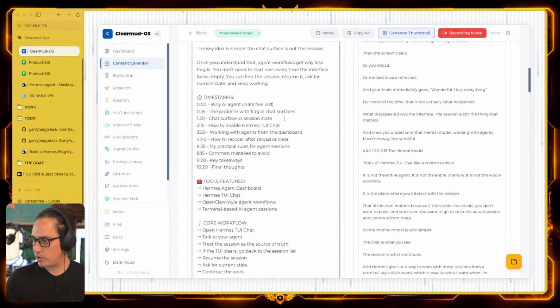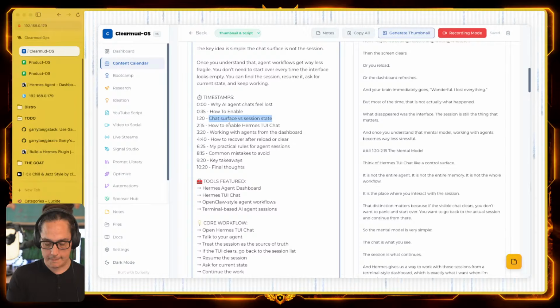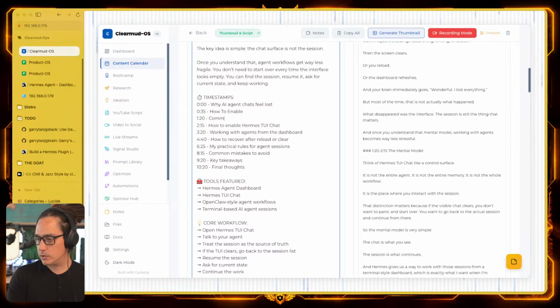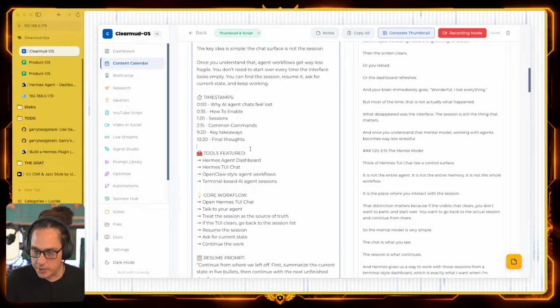And then this is probably where how to enable TUI. I'll just call it how to enable. I feel like it's going to be a short video, but